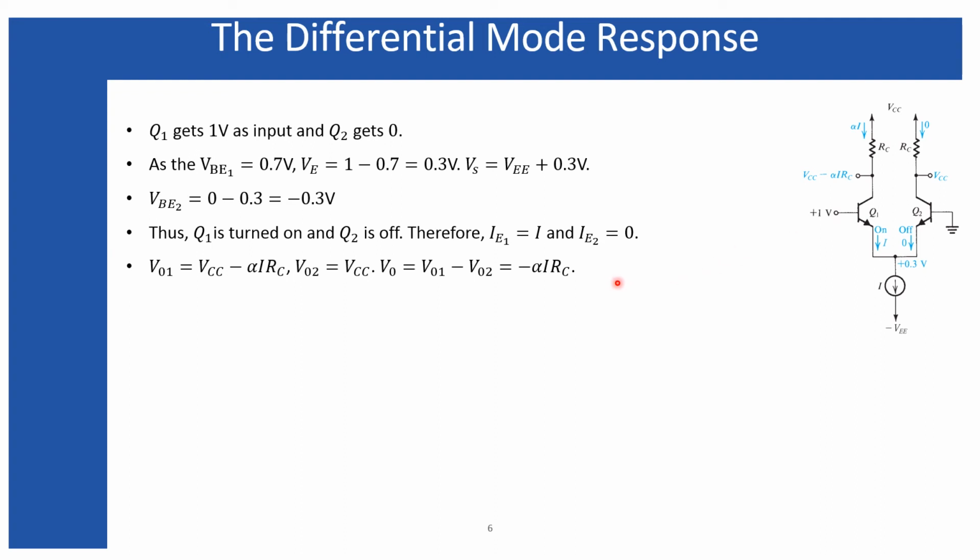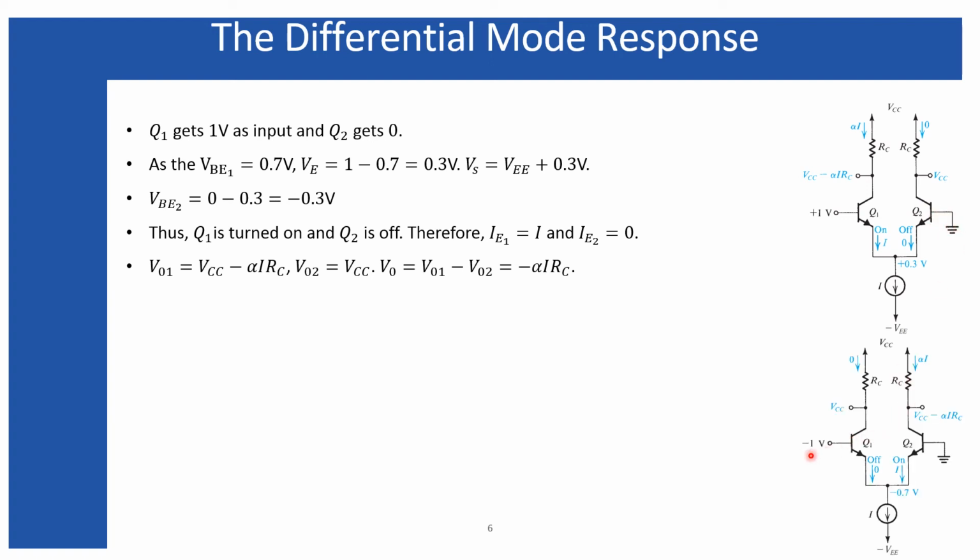Now, one thing you can see: you have applied a positive voltage to the base of transistor Q1 as an input, and the differential output voltage you are having is negative. So in that perspective, we can identify that this input is nothing but the inverting terminal. Similarly, since the output is measured as V01 minus V02, when you apply the voltage at the base of transistor Q2 instead of Q1, the output is going to be positive, and that is why the input of the transistor Q2 will be considered as the non-inverting terminal.